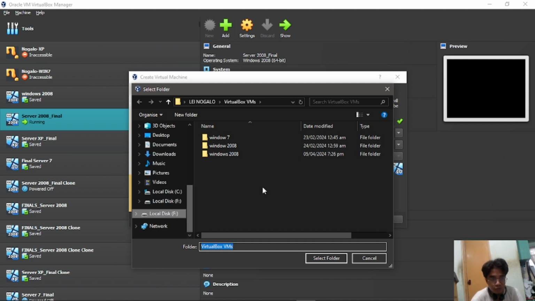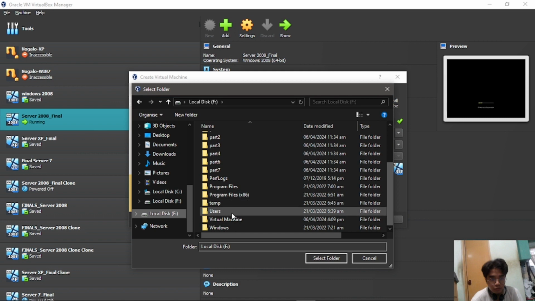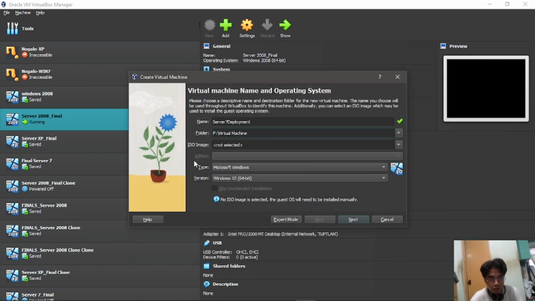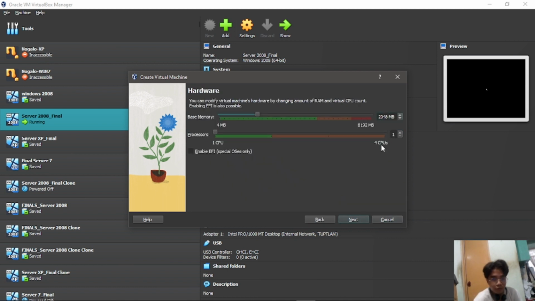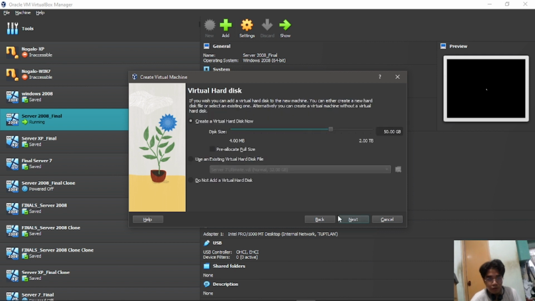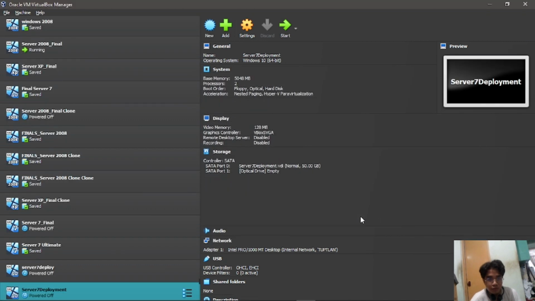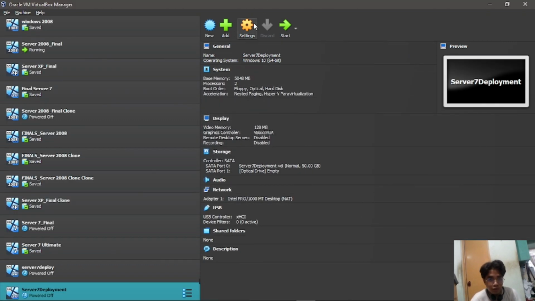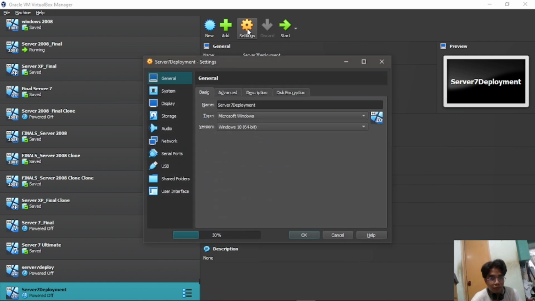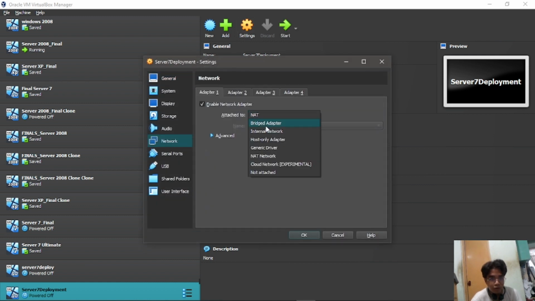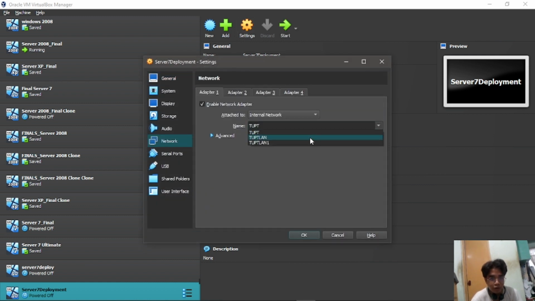So then we should not choose any ISO image since we'll be using the Windows deployment to run this virtual machine. So next, next, next, next, next. Okay, so once done, click settings, go to network and internal network, then choose your TUPT LAN